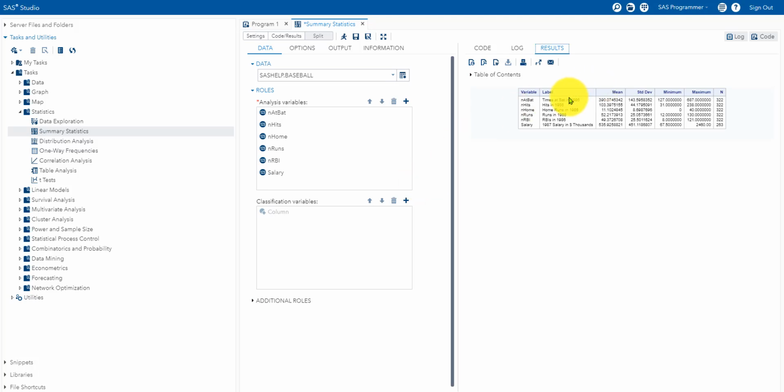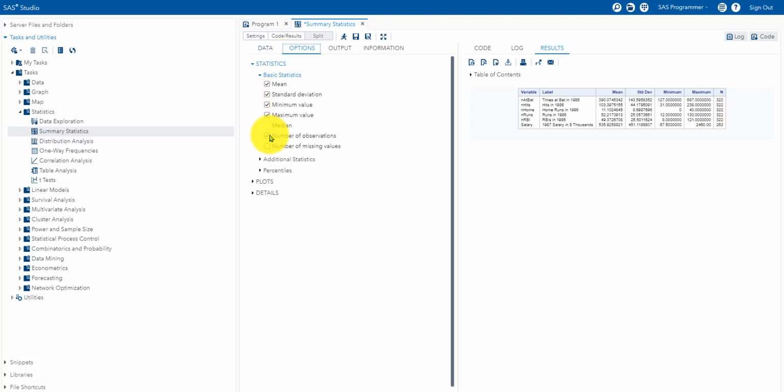So it will run the variable that we've selected, and it'll give the actual proper label. Sometimes we might call that a little bit of a data dictionary, and then our mean, standard deviation, min, max, number. I've also said before we can go down to options, and this is where you get your 5Ms from. By default, they won't be there because we're missing median there as well. And then additional statistics are in there,